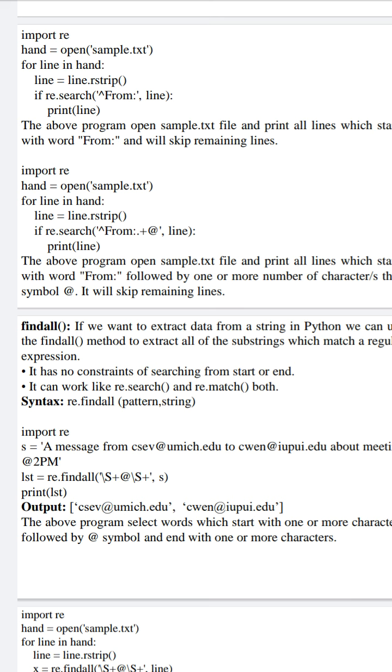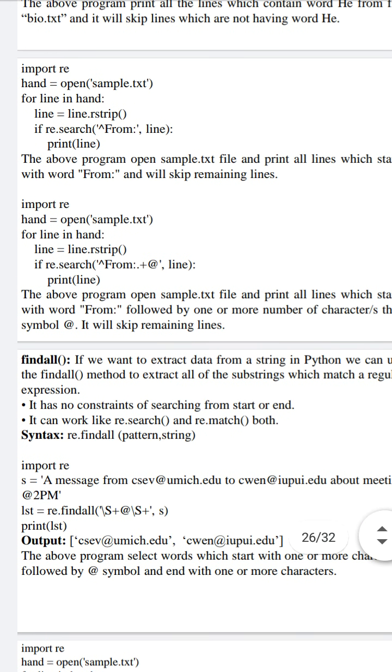After that I am applying the search method, because if you observe here, even though I am applying search, I am restricting the search of a pattern by applying a meta character on this. If you clearly observe, before from I am applying caret. Caret indicates that the search pattern should be at the beginning of the line.